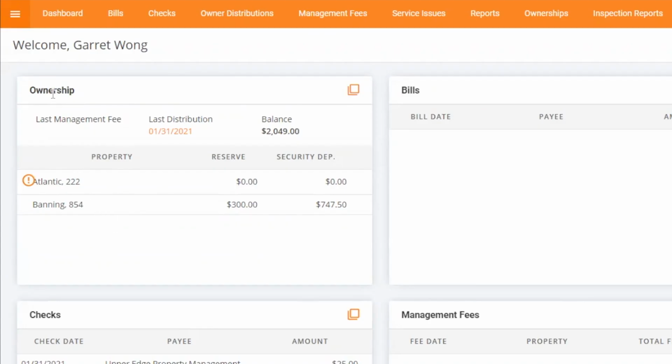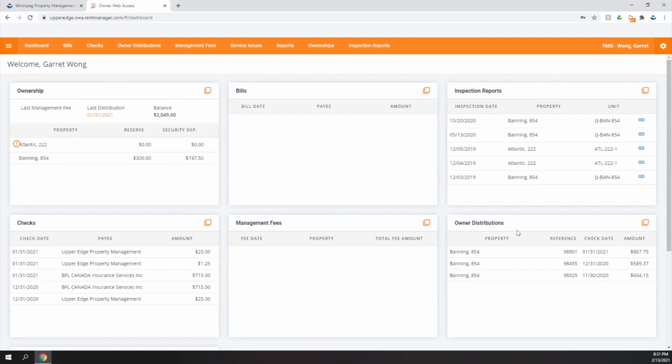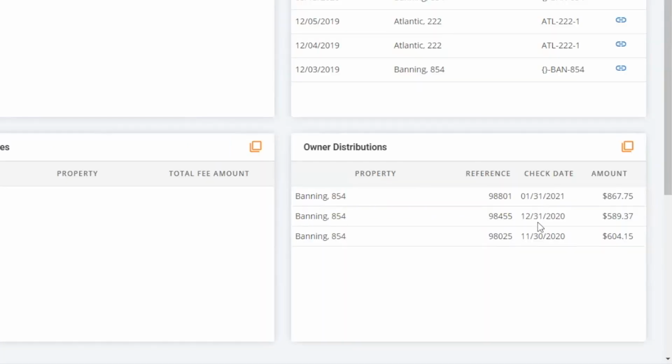For example, in the ownership tab, we can see that we have a $300 reserve on file and a $747.50 security deposit. Owner distributions, like we said, show you over the last 3 months how much money has been transferred from the trust account to the investor.